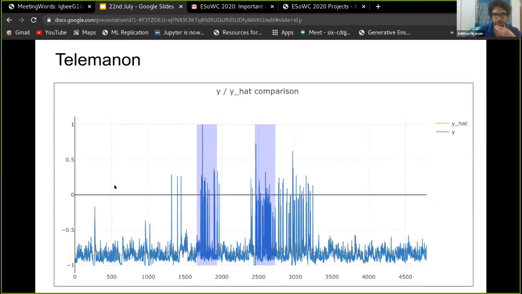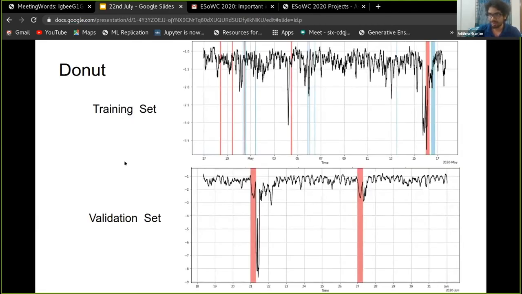Then moving on to Telemanon. Telemanon is a deep learning method that uses time series forecasting. In this case, it forecasts the window that's going to be the most recent one, and then compares it with what actually happened. Based on the ratio of what happened, we get an anomaly score. This is more useful in a real-time setting. So when we combine the techniques together, some methods will be more relevant in a real-time setting, but others will also add confidence to our model that this is an anomaly. Finally, moving on to Donut. Donut is based on an LSTM VAE based architecture.